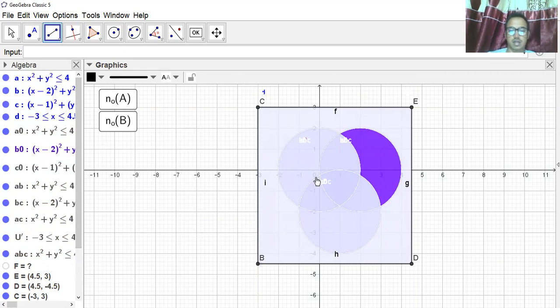Next, this is also disappearing, so I'm going to need an equation: x square plus y square equals 4. This is one equation. And the next equation is x minus 2 whole square plus y square